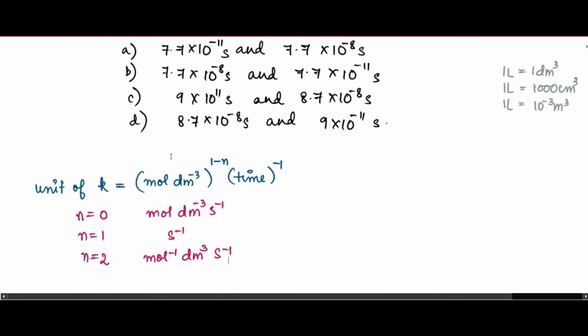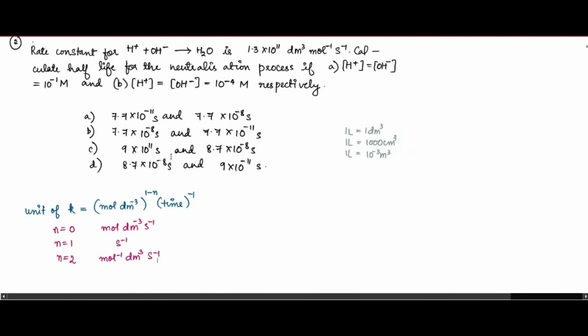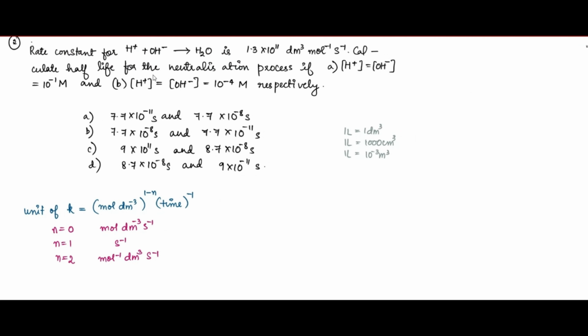So if the order is not mentioned, you find the order using the unit of the rate constant. So what is the order of this reaction? It is a second order reaction. Once you have identified that it is a second order reaction, you have to find the half